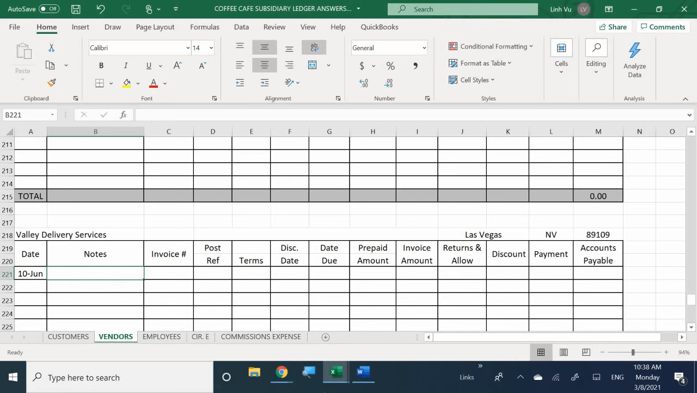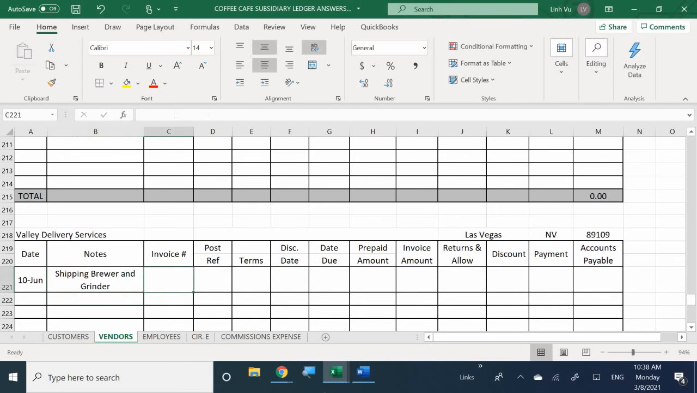We're going to label in the notes that this was shipping. The coffee brewer and grinder. Okay. Invoice number 301. Reference number, still general journal number 3. No terms were given, because it was COD. So in this case, I'm going to write COD. Alright, so therefore, the due date is going to be